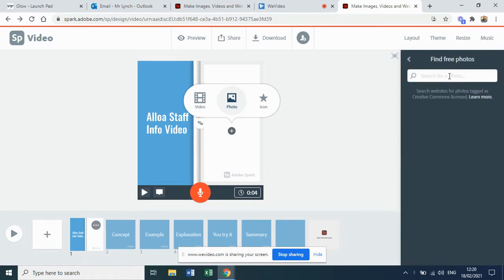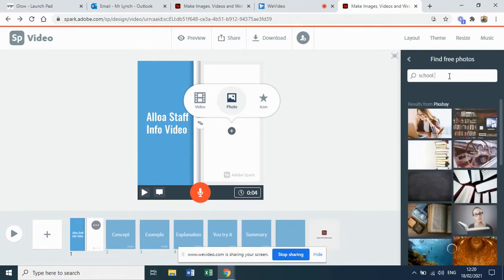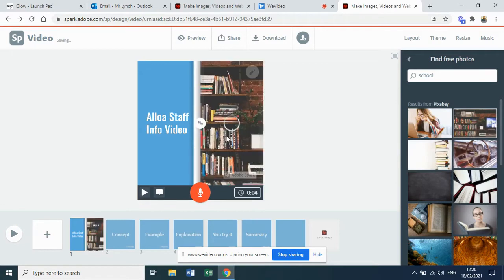So this is quite good for people, as it teaches them that essentially all the photos that are on here aren't protected by copyright, so they're not going to get any copyright infringement. So if we just do a quick search for a school, and then there'll be all these things come up that we could maybe use. So if we use this one here, it would then generate into here,